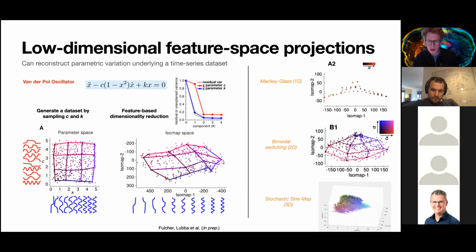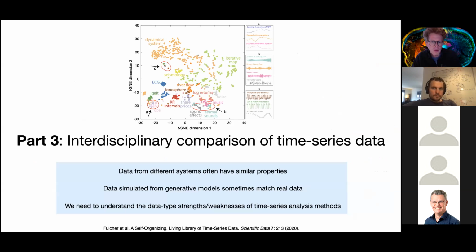When we do our low-dimensional projections of our high-dimensional feature space, we've done some tests with simulated data to show that we're reproducing the underlying parametric variation in the data set. This is just kind of the power of leveraging thousands of features at once. We can do some cool things in inferring the underlying properties of the system that is being measured. Can come back to this at the end if necessary, but I thought I'd get on to what was meant